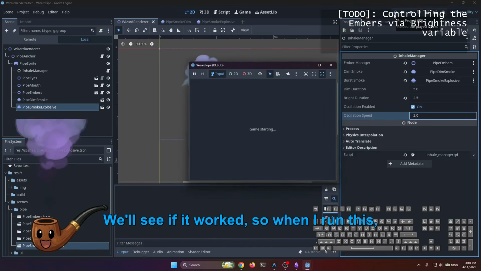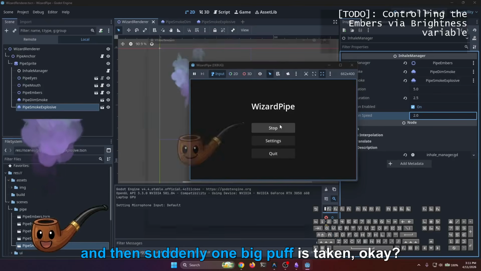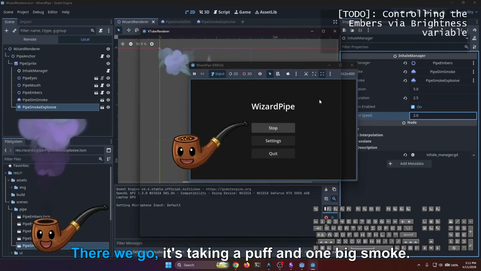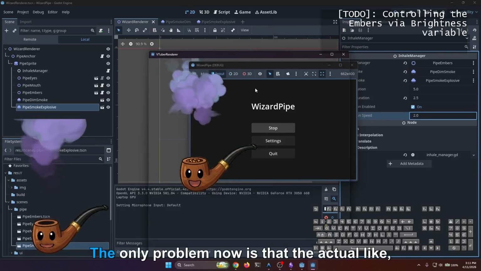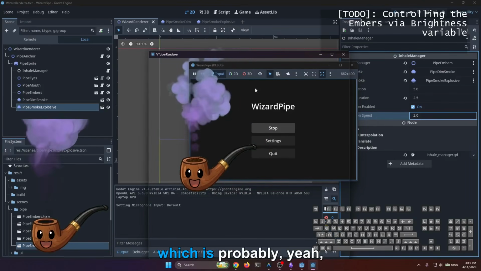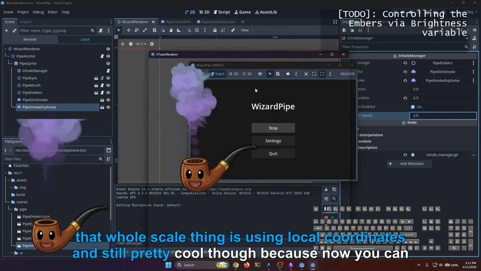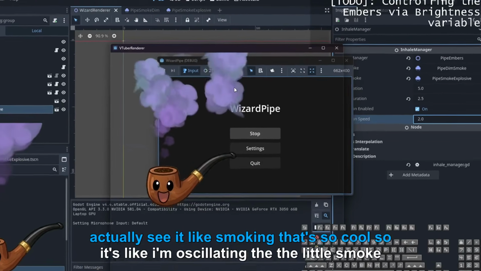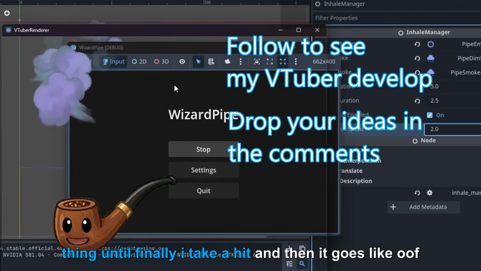So when I run this, I should see it basically have the dim smoke, and then suddenly one big puff is taken. Okay, and then it'll take a puff in a few seconds maybe. There we go. It's taking a puff and one big smoke. The only problem now is that the actual smoke particles are following my head, which is probably why, yeah, that whole scale thing is using local coordinates. Man, still pretty cool though, because now you can actually see it smoking. That's so cool. It's like I'm oscillating the little smoke thing until finally I take a hit, and then it goes like oof,